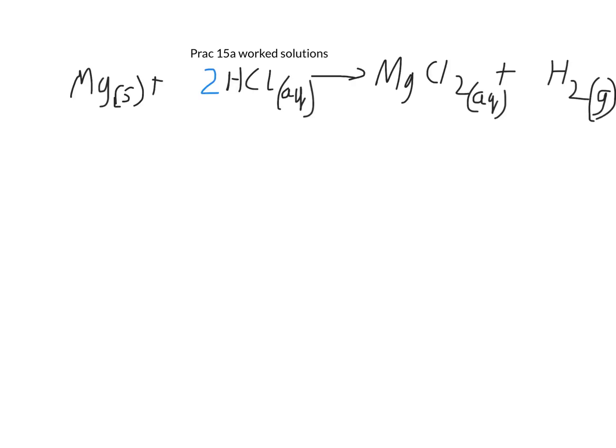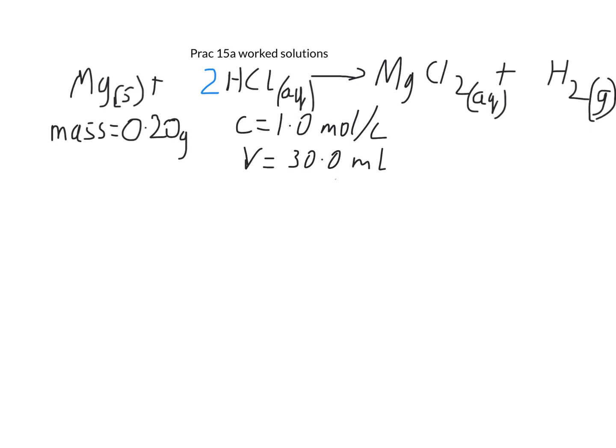We're first going to look at just 15a, which is your first reaction. So first up, you need a balanced chemical equation, which is what we've got here. If it isn't given to you in the question, you'd have to write one up, but that's your first step. The next thing you'd want to do is work out the limiting reagent, because the limiting reagent will determine how